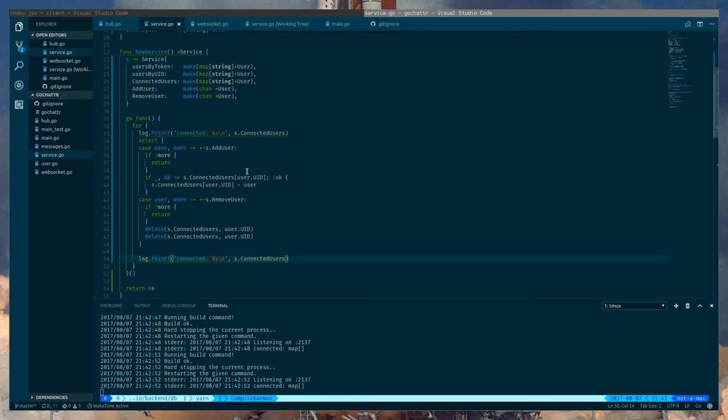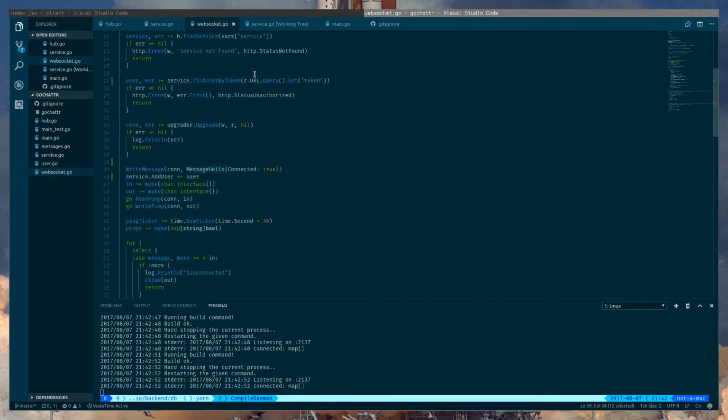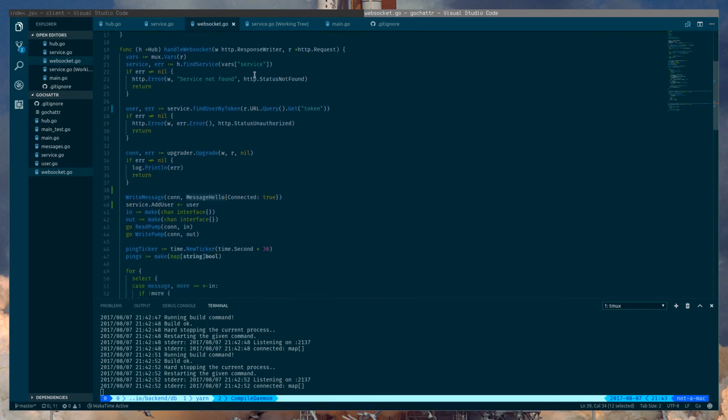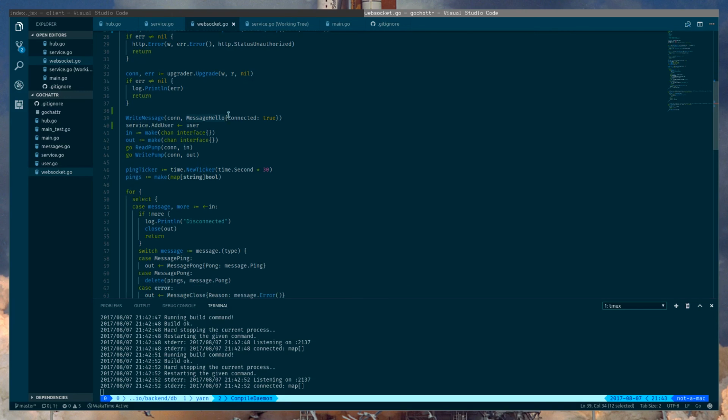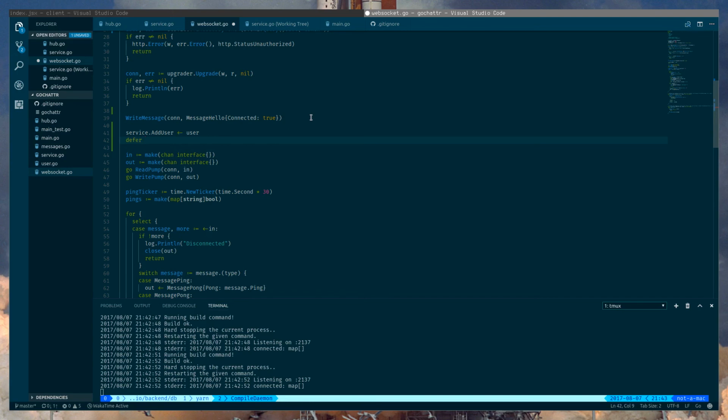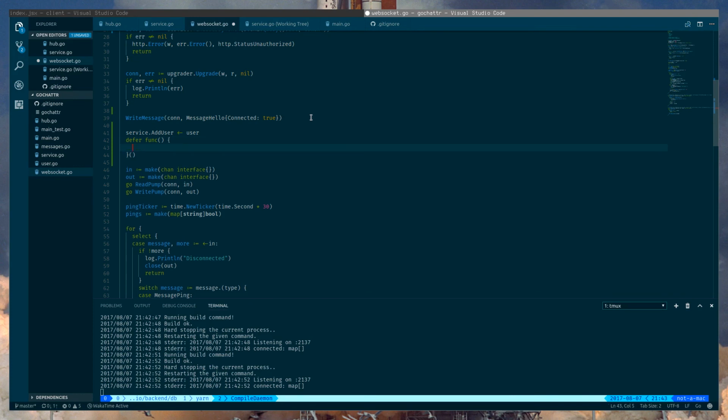Okay, so what we also need to, of course, do is remove the user after it disconnects. So we just defer because this function returns when the connection is closed. So we can add an anonymous function and defer it. Remove user,